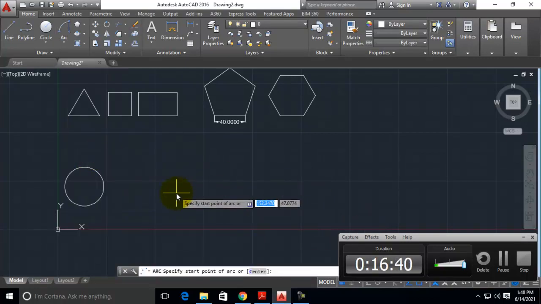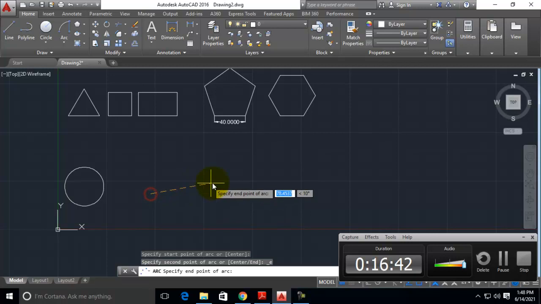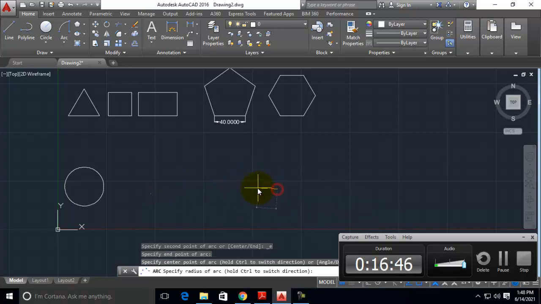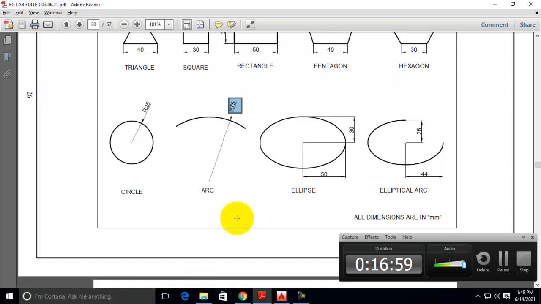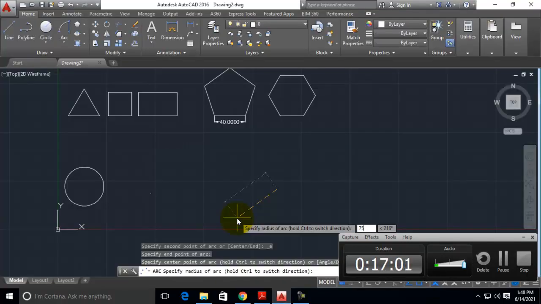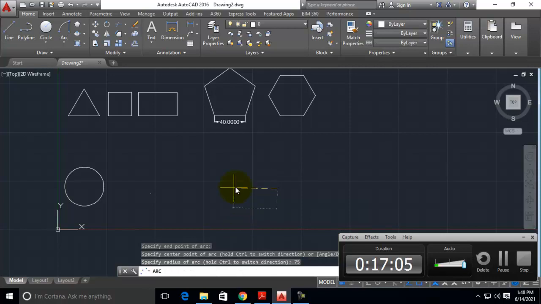Now it is asking for a starting point of an arc and an end point of an arc. Now it is asking for the radius. Just type the value of radius as 75, press enter. Now you can control the radius values.